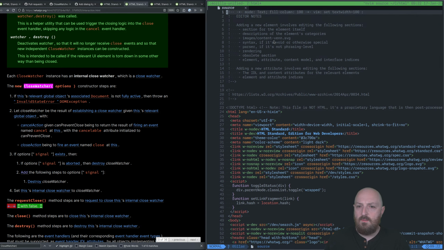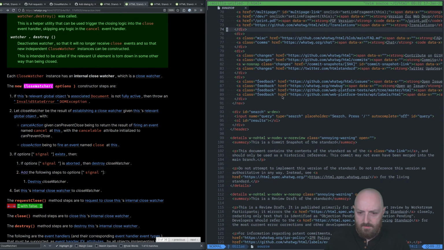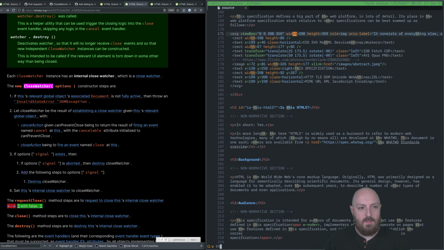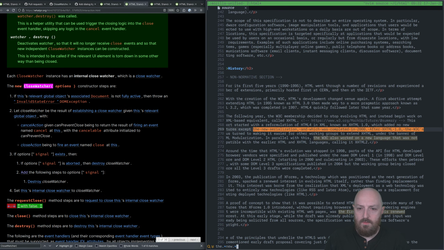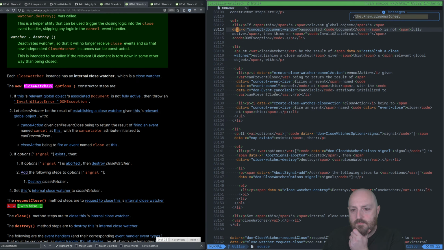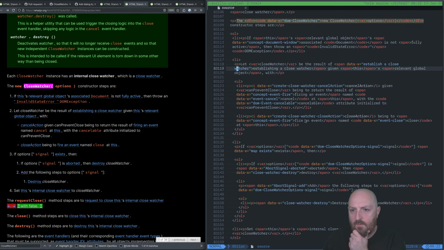Although it says somewhere in here, it's like, this isn't an HTML document. It's a language that looks a lot like HTML. The new close watcher steps are